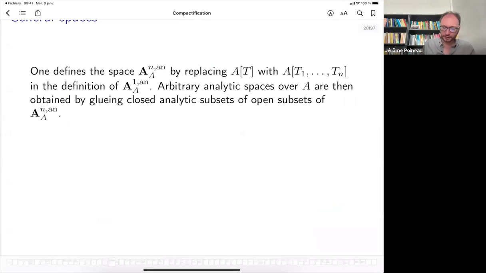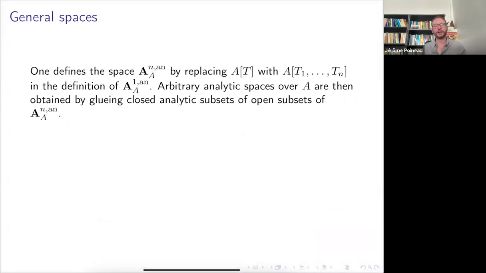Okay. And so far that was for the affine lines. So maybe just one word about more general spaces. I gave the definition for the affine line using A with one variable added everywhere.